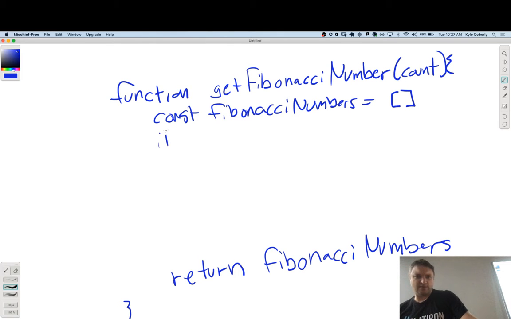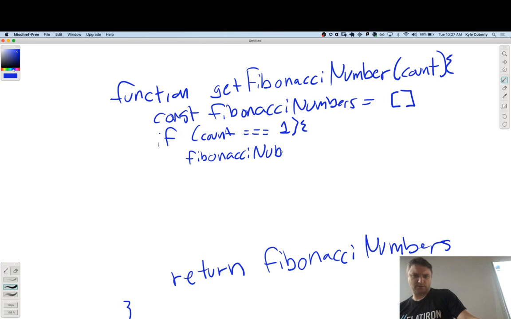So I'll say if count is 1, then Fibonacci numbers, I'll push it in, say push 0.